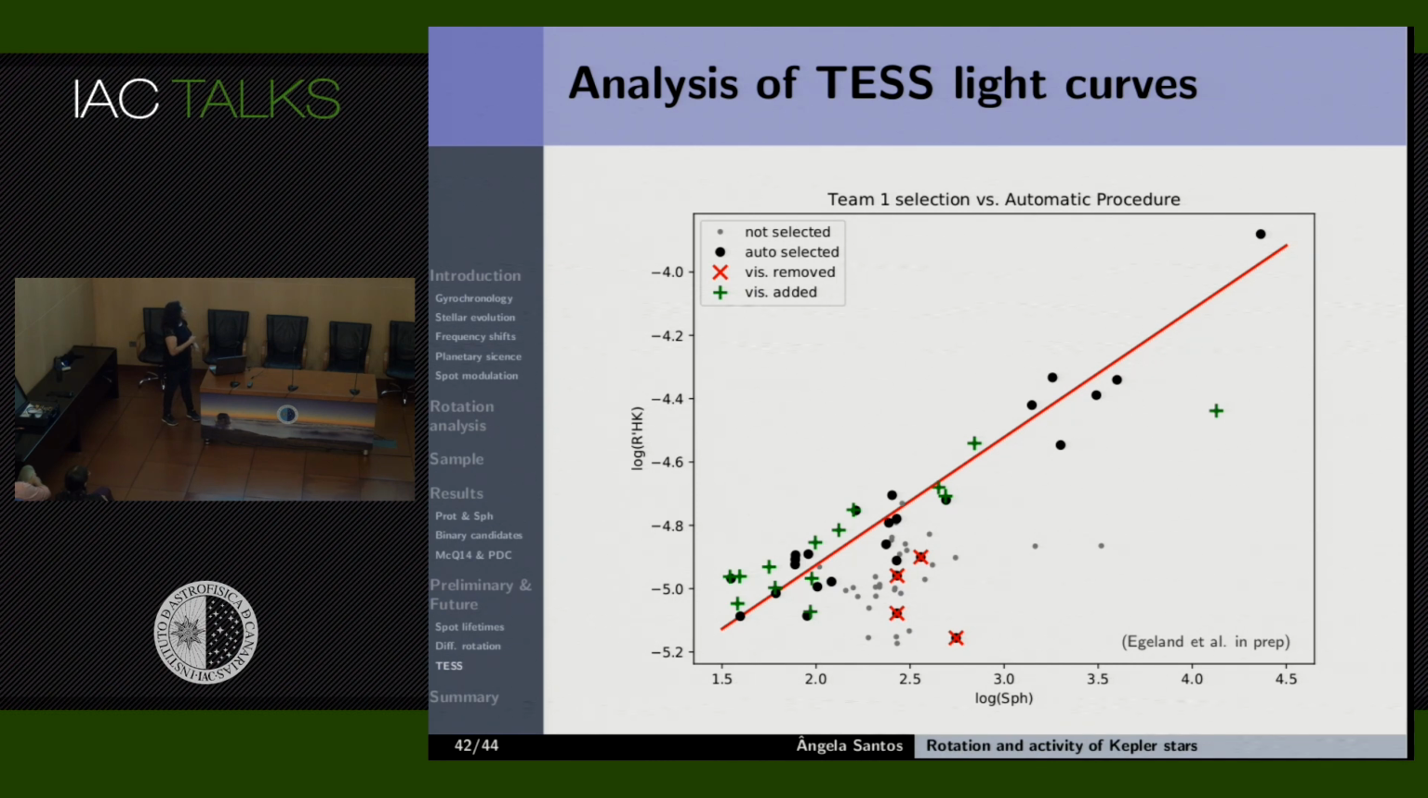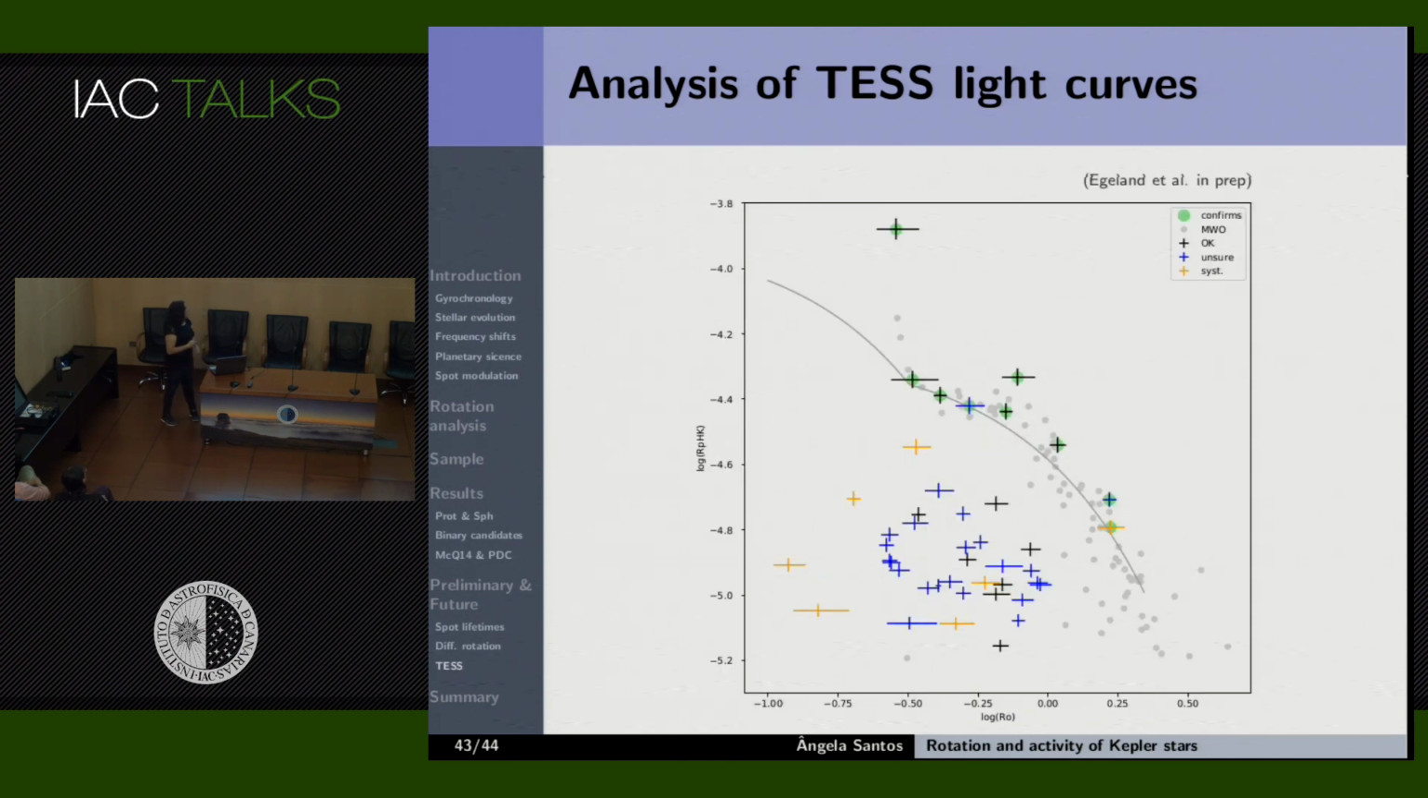And we can see that the visual check of these stars was important to include more stars around the activity line. But when we were looking at these light curves, we didn't know this property. We were only trying to decide whether we believed that the light curve was showing rotation or not. So that was for SPH, but for the